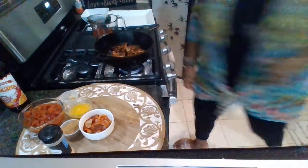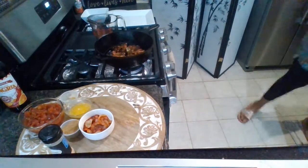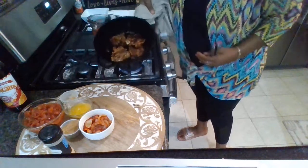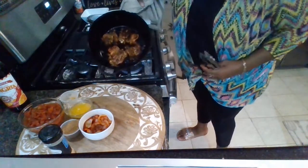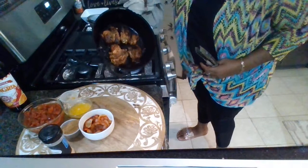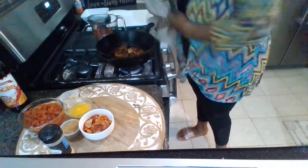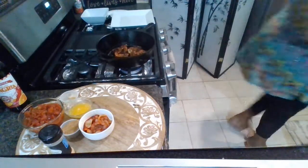These look really good. You want to see? I'm going to hold it up. Look at that. Nice and brown. Cooked thoroughly. So, with that being done,